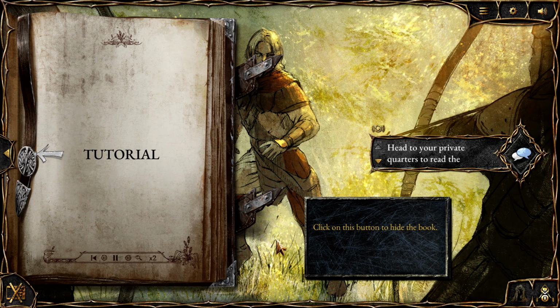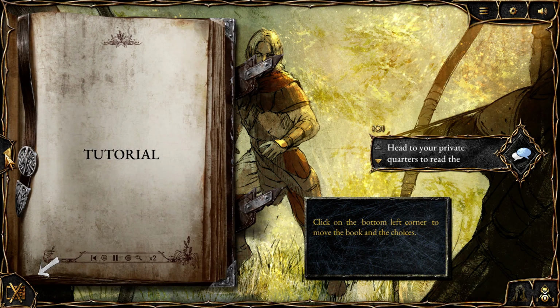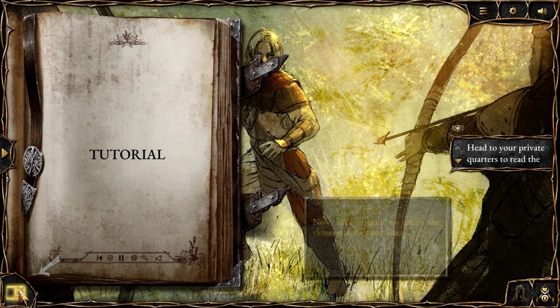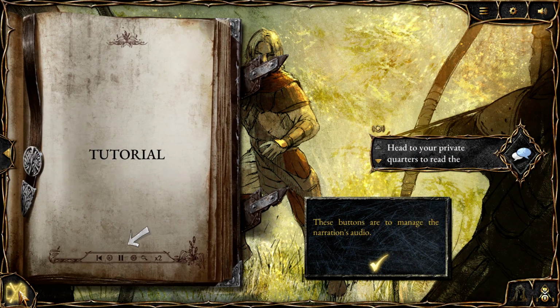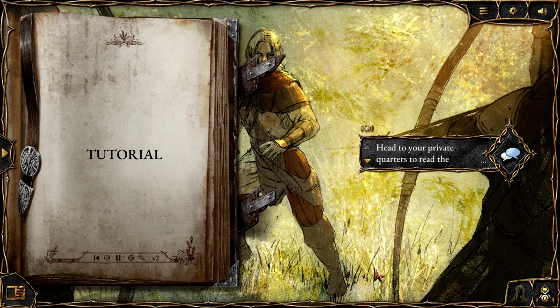Click on this button to hide the book. Now click it again. Click on the bottom left corner to move the book. These buttons are to manage the narration's audio. Here, you'll find the icons to manually save the game and to see the... Here, you can find the icon...